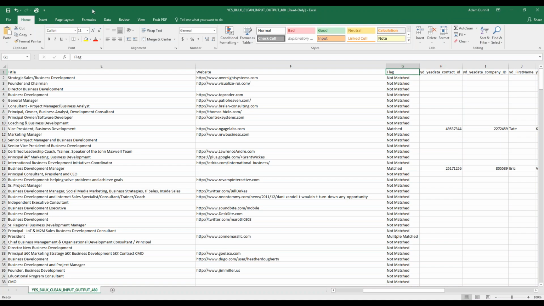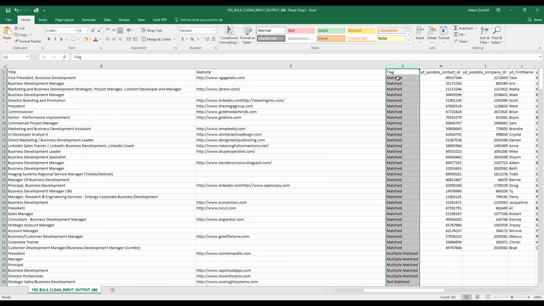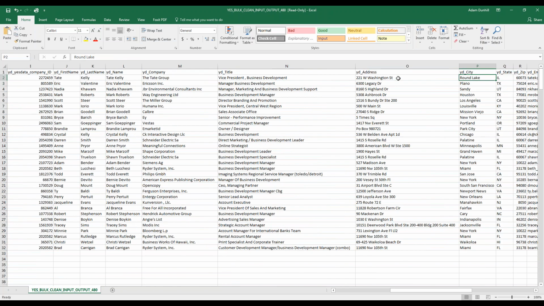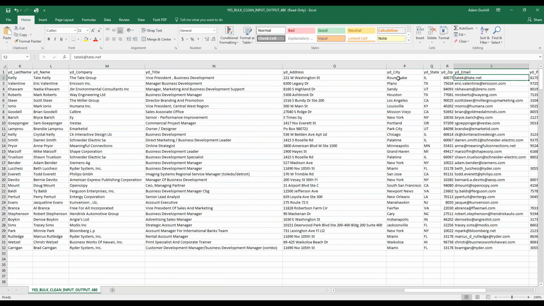And where it did not get matched, there's nothing. But where it did get matched, there's our information. So we're going to sort it by this field. And so now all the matched records are together. You get a contact ID, a company ID, again, the first name, the last name, the name together, the company, the title, the address, city, state, zip, the email, which is a domain-based email only, no AOLs, Gmails of the